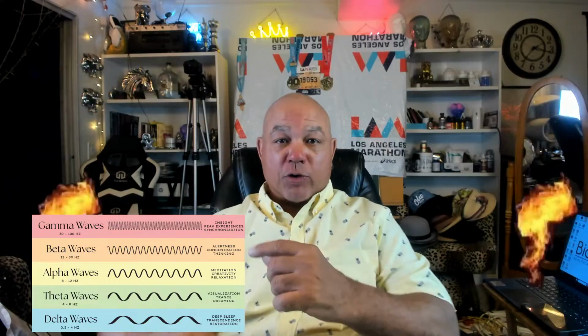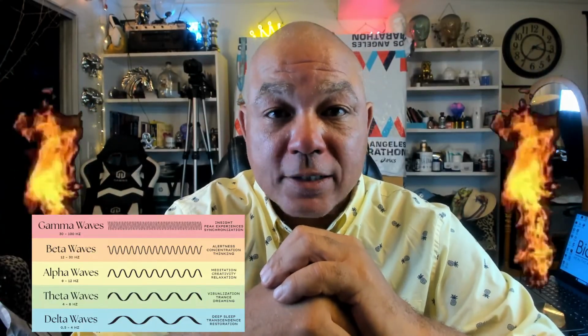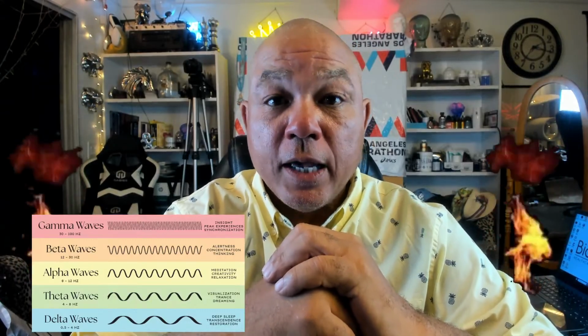Now, here is my favorite spot, gamma. Just like I was telling you, the gamma zone, gamma waves, 30 to 100 hertz, associated with insight, peak experience, and synchronization. I love the gamma zone because that's where the flow state is. Like I said, your mind is going a million miles an hour and your body is relaxed. It is a state that